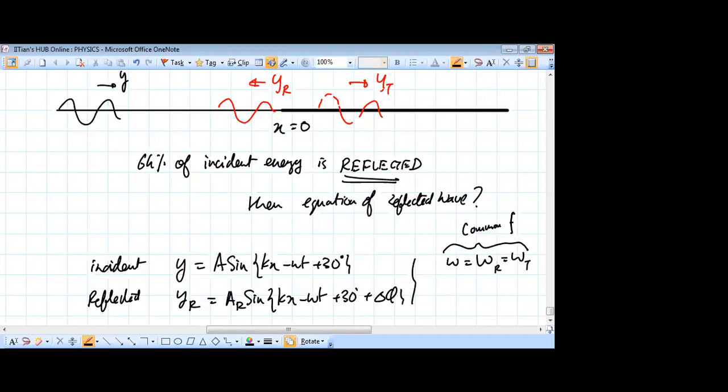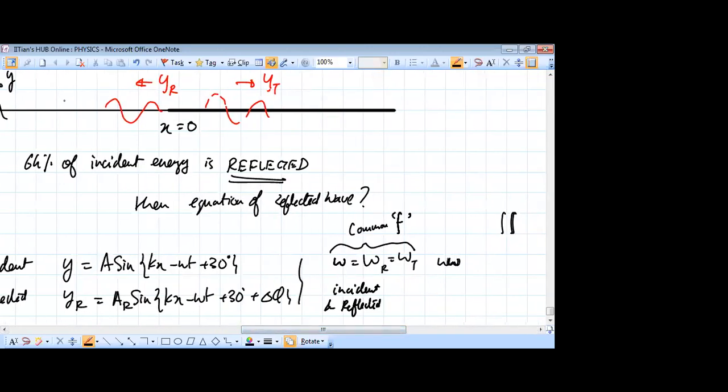But the incident and reflected waves have the same wave speed, because they are operating in the same string. So if this string had linear mass density mu1